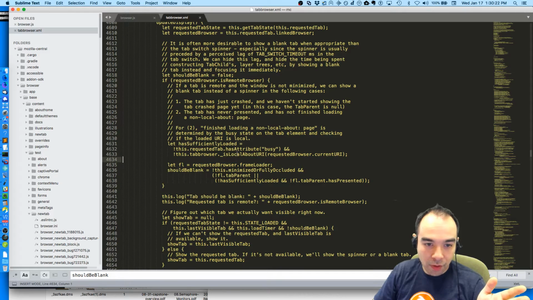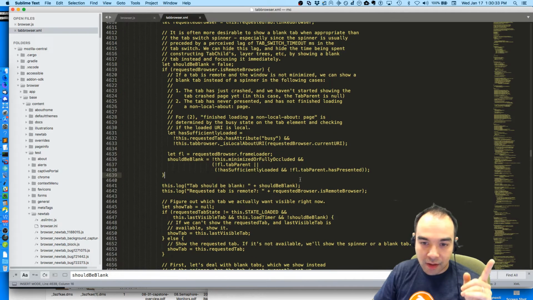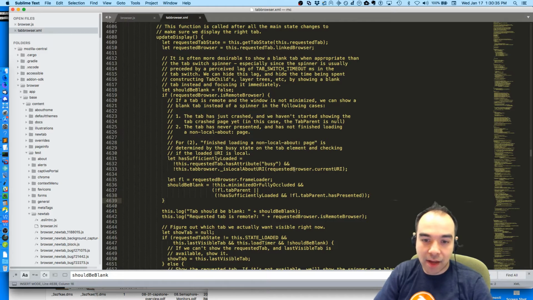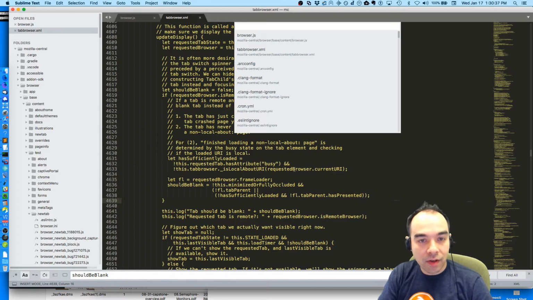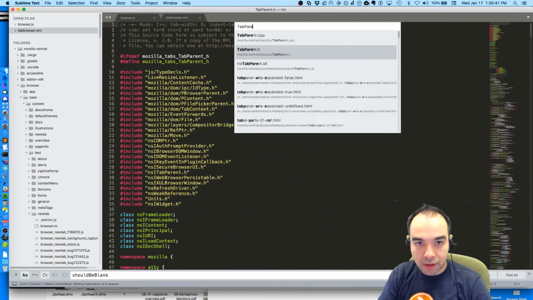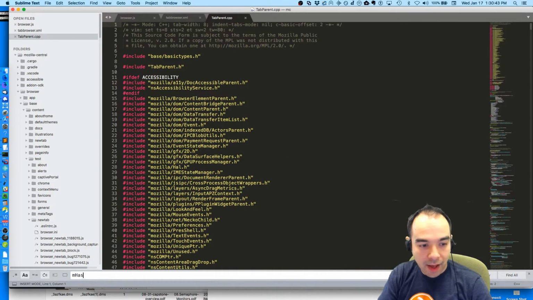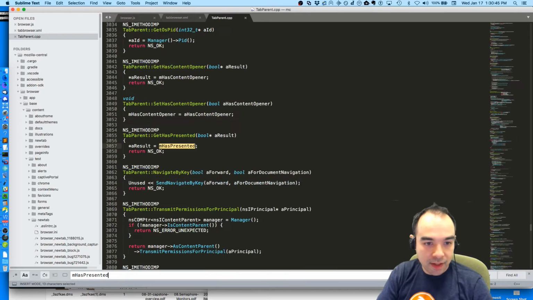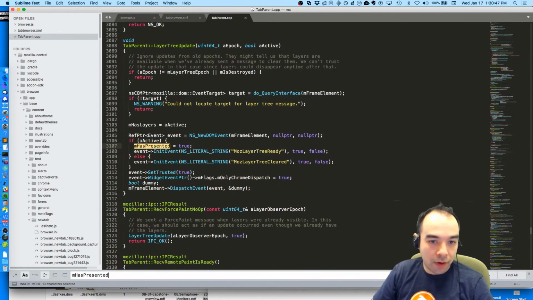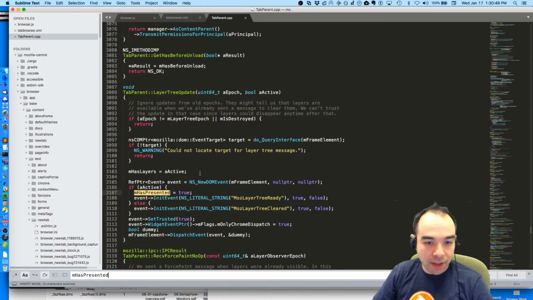It's a local URI, so this is false, so this will be true. And this one, has presented: fl.tabParent has presented. And has presented is set whenever layers come up. So m has presented is set to true whenever a layer tree update comes in.